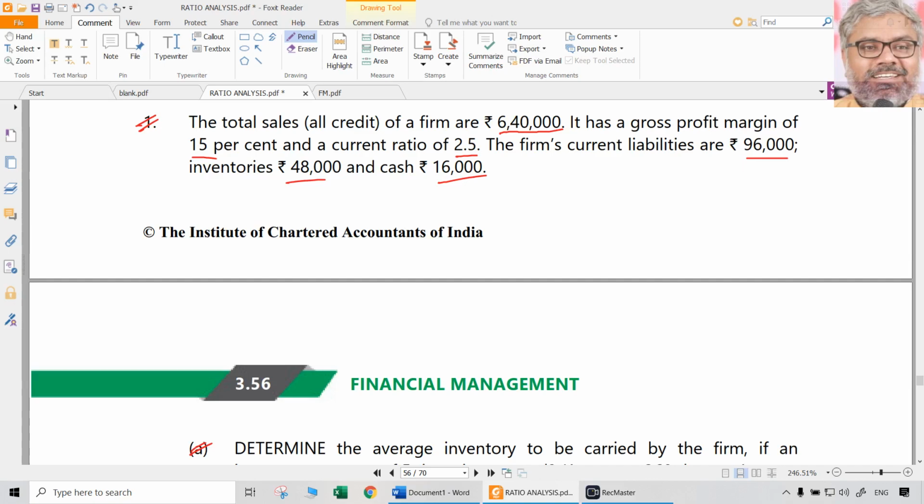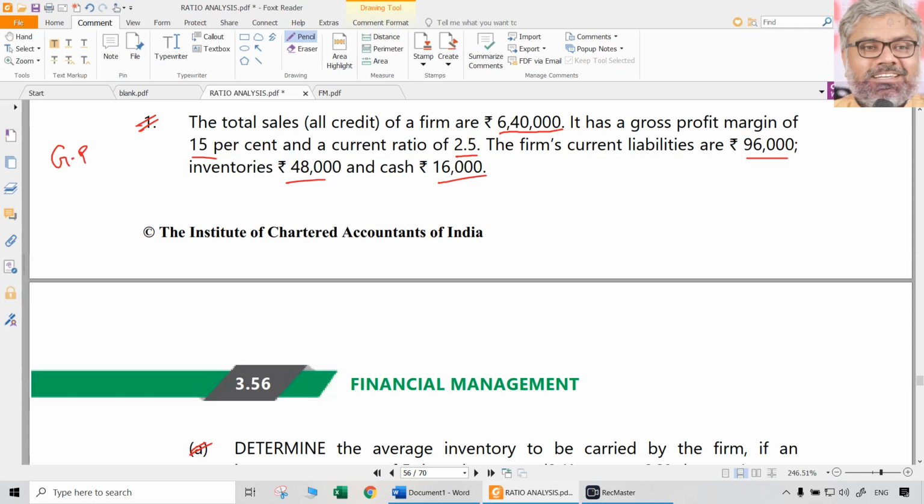So first of all, sales is given as 6,40,000 and gross profit margin of 15% is told. So first of all, immediately what we can say is how much will be gross profit. These are all working notes. One by one first we have to do, then finally the answer will come. Answer will not come directly. So in the ratio analysis solutions, most of the times you will take a lot of working notes, then the final answer will come. Doesn't matter. Ultimately, the answer has to be clear, and for that purpose, whatever calculations we are doing, they have to be shown.